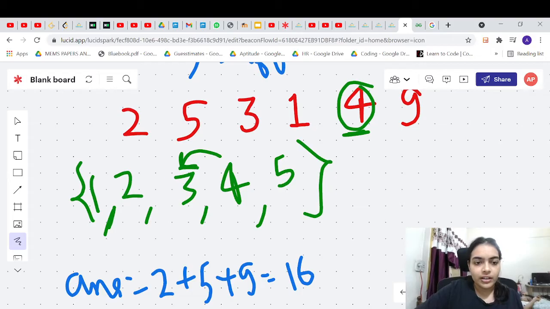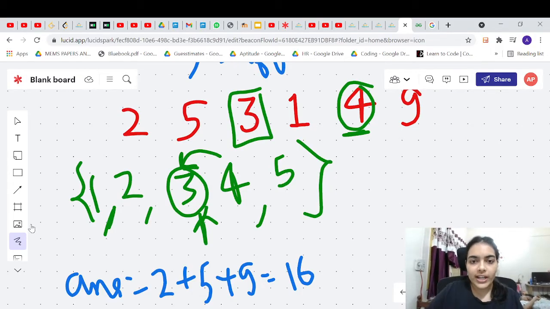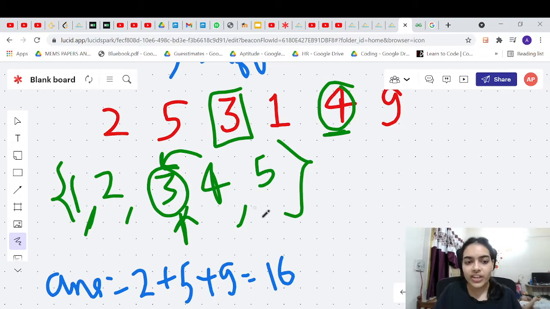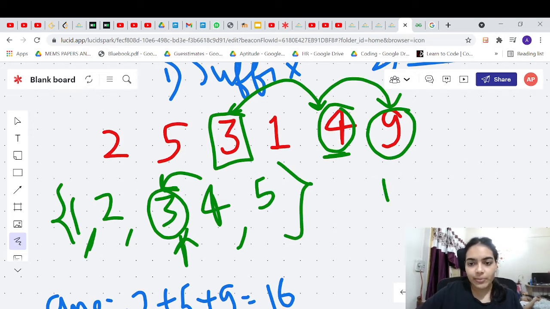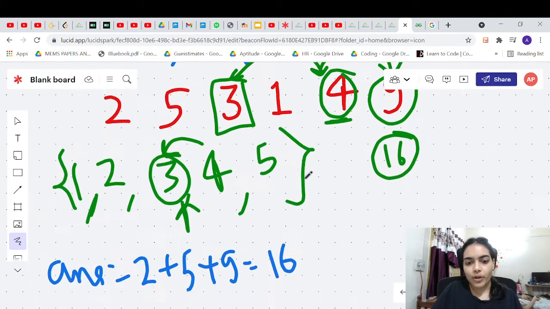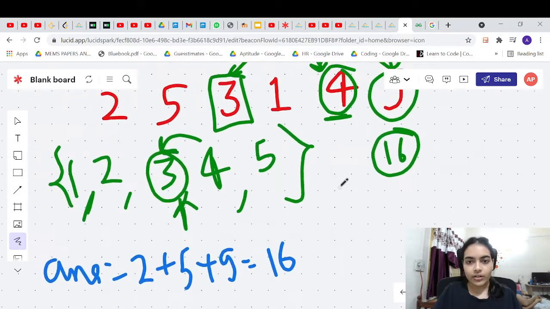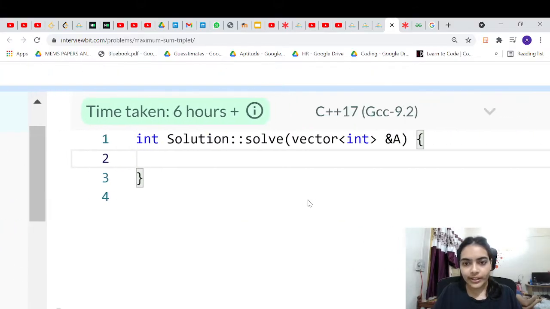Now for this, you can simply look up in the set and the answer will be 3. So 3 is the best element which is just smaller than 4. That's it. The element that is just previous to 4, because that will give the maximum value. So you will try to take 3 plus 4 plus 9. 3 plus 4 is 7. 7 plus 9 is 16. So in this case, this is also one possible solution, but already we have 16. So this is the simple logic, and now let's move forward to coding this.